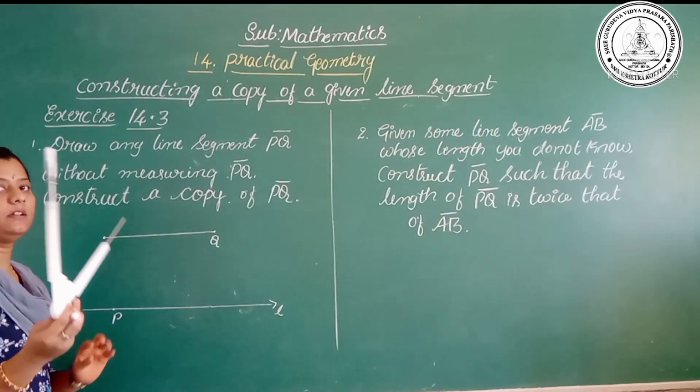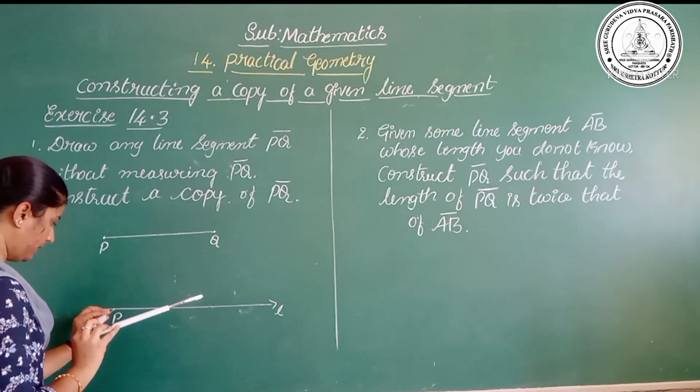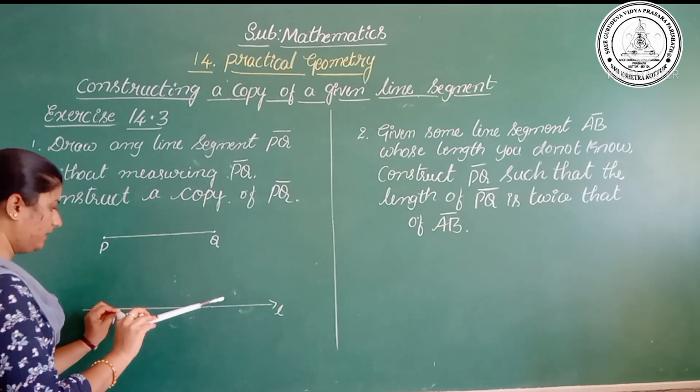It is the length of the PQ line segment, and keep the compasses on the point P on the line L and